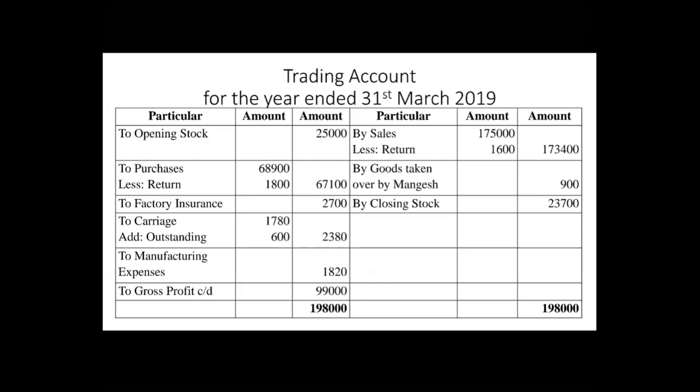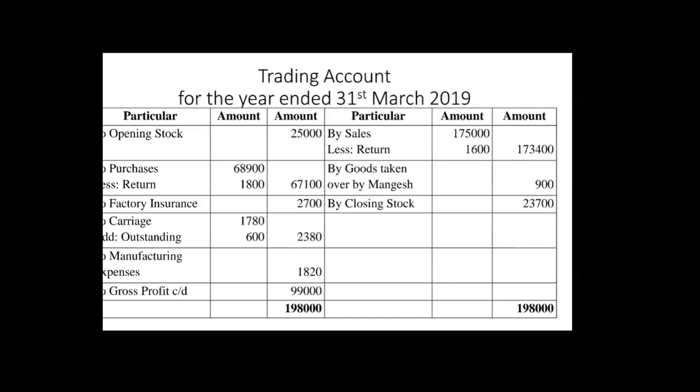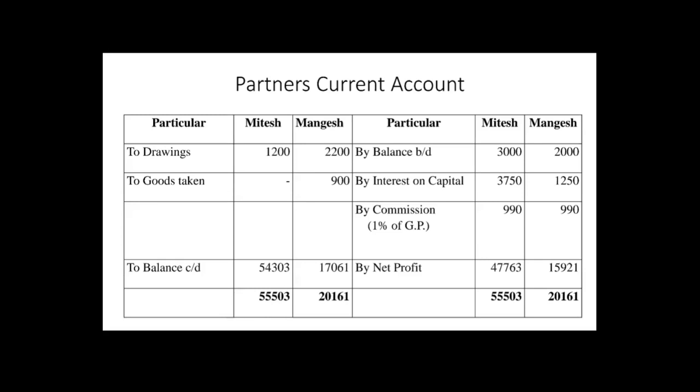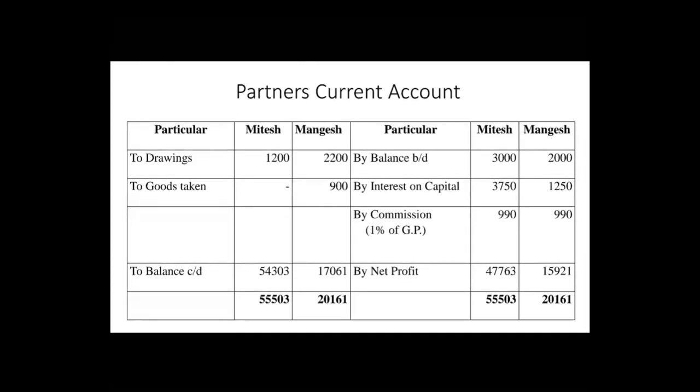The next one is the current account. If you see in the trial balance, the current account is given. So we are going to record it, which means this is the opening balance which is given. For the opening balance, we use the word "by" on the credit side. It is on the credit side of the trial balance, which means the opening balance will be recorded on the credit side of the balance sheet. So, by balance brought down 3,000 and 2,000.